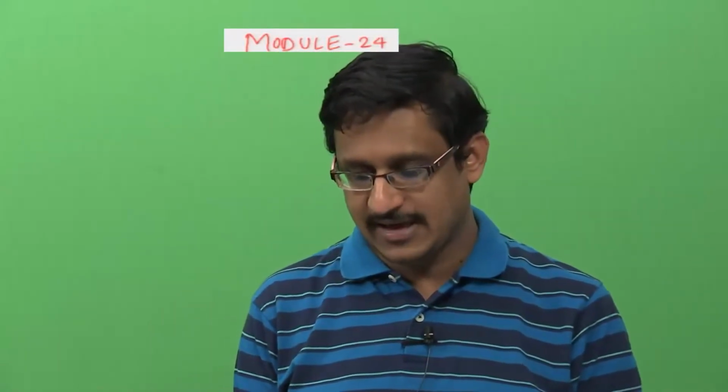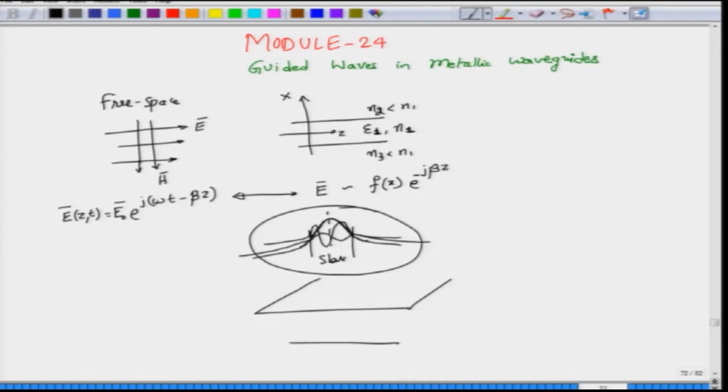So, you can imagine that I actually have this kind of a slab, okay. So, this is the slab that I have, and then this is the z axis. So, the mode which would essentially look something like this and exponentially decaying would actually propagate along this particular direction. So, the mode is propagating from one point to another along this z direction, okay. So, this was one type of structure.